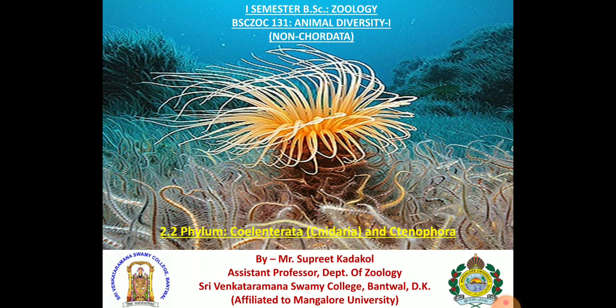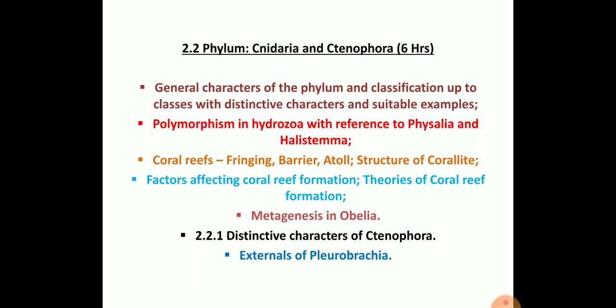In this chapter we will mainly be studying the general characteristics of the phylum and its classification up to classes, their characters and examples. Polymorphism in Hydrozoa with reference to Physalia and Halistemma, and the different types of coral reef, that is fringing, barrier, atoll, and their structures. And the factors that affect coral reef formation and the theories of coral reef formation,